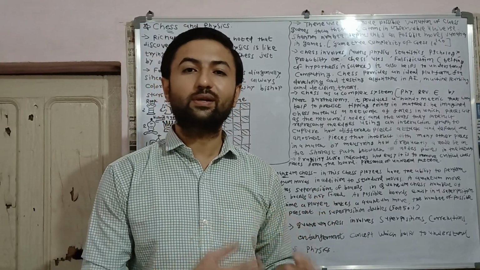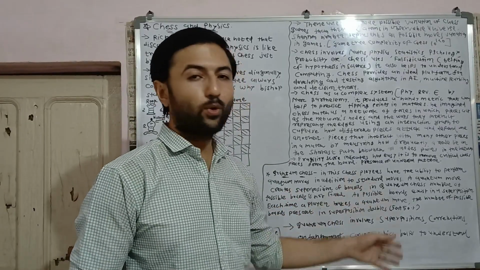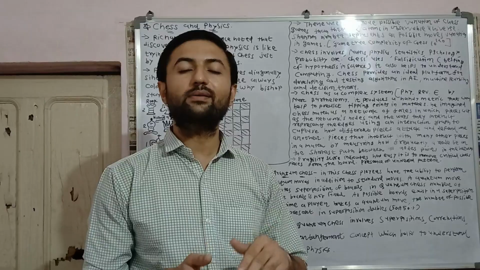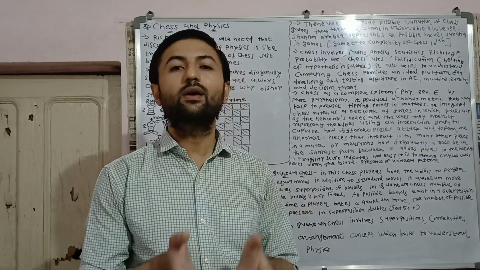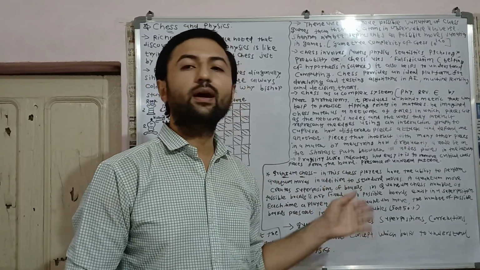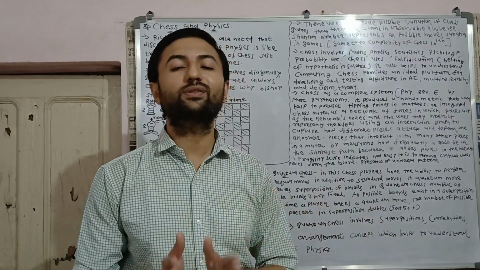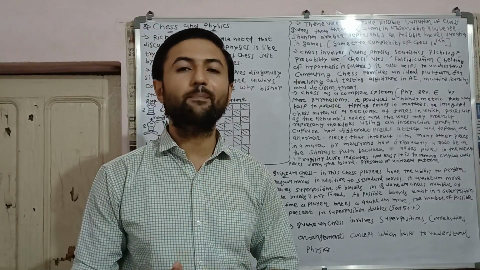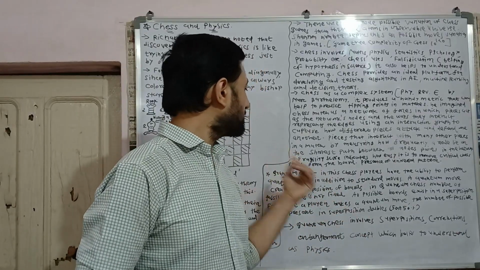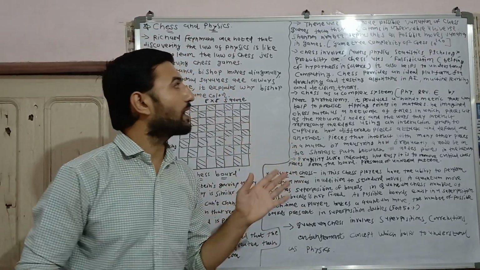How is it helpful to the physical community and various scientific communities? Let us see. Quantum chess involves superposition, entanglement, and correlation. Various entangled pairs of pieces will be correlated with each other, and this is how moves of each piece will affect the moves of another piece. And by this analogy, it is helpful to understand quantum computing, quantum information theory, and modern physics. So this is how quantum chess uses various concepts of quantum mechanics to understand physics in a more clear way. So this is how chess and physics are related with